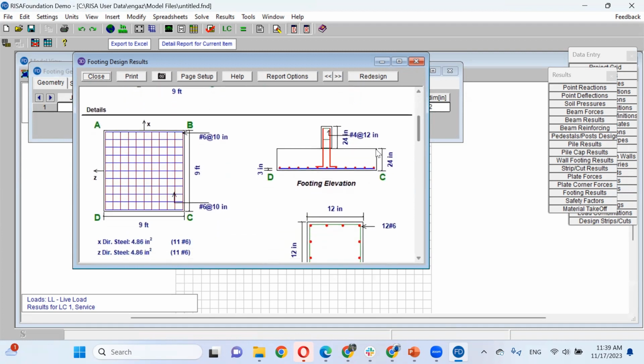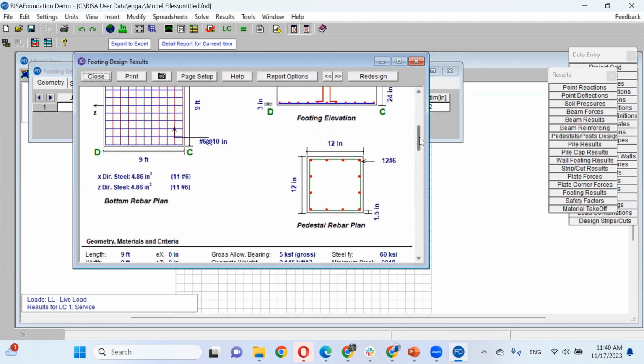This is the steel reinforcement. We need number 6 rebars, number 6 every 10 inch in this direction, and rebar number 6 every 10 inch in the other direction. That makes sense? So I need 11 rebars number 6 in X direction and 11 rebars number 6 in the other direction. The total area steel required is 4.86. And the program will check